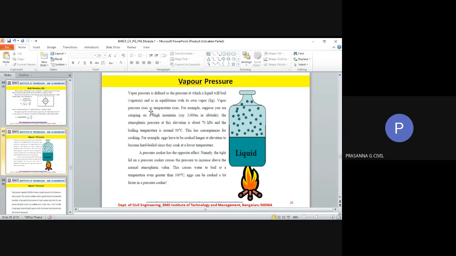So there are terms for you to remember other than what we discussed earlier. We had discussed capillarity, adhesion, cohesion, excess pressure within a droplet, excess pressure within a soap bubble, excess pressure in a jet. Now we are talking about two new terms, bulk modulus and vapor pressure. So bulk modulus is nothing but normal stress divided by volumetric strain, that is, change in volume divided by original volume.